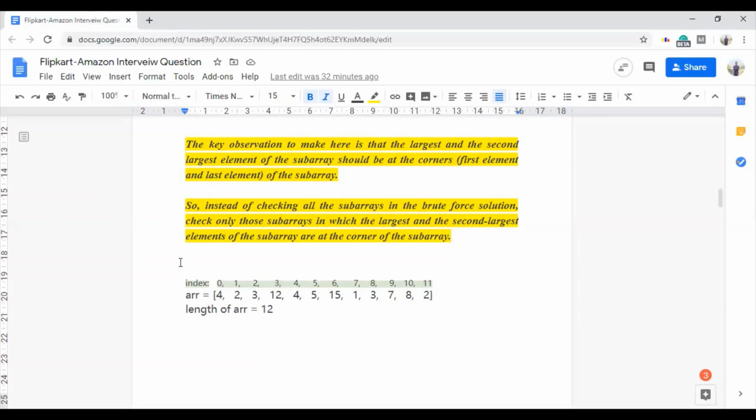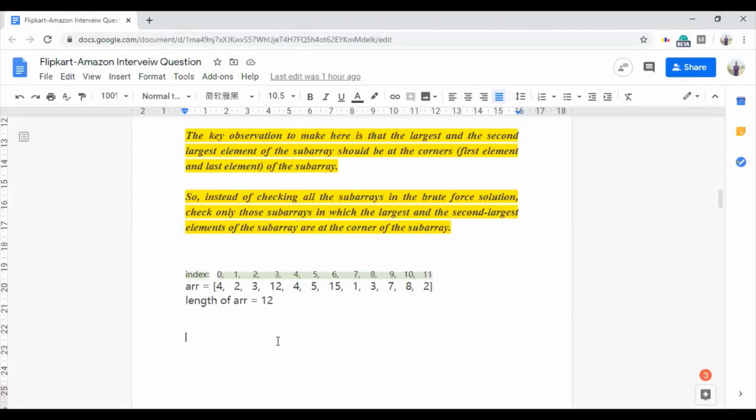Okay, so there is no point on adding that extra element. So we will only consider the subarrays in which the maximum and the second maximum element of the subarrays are at the corners or at the ends of our subarray.